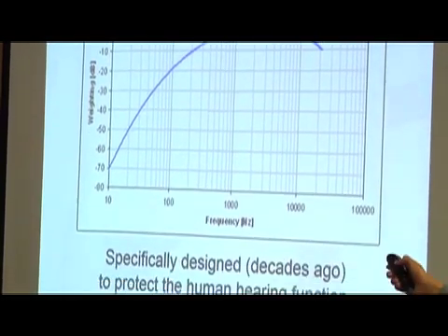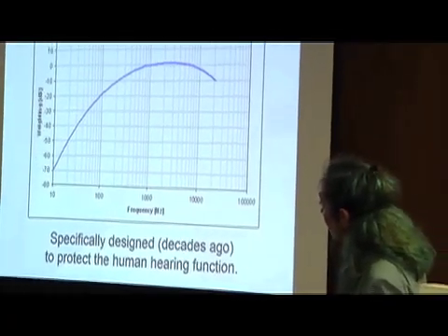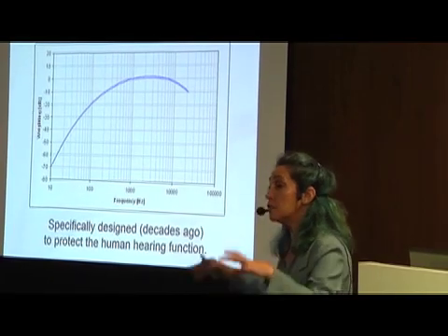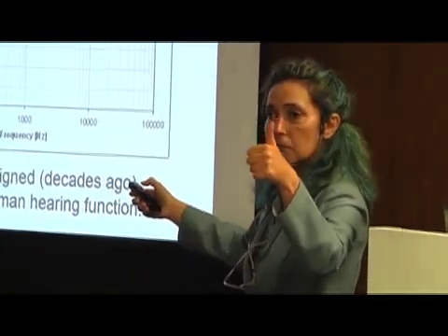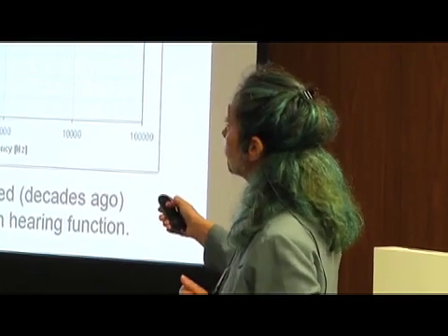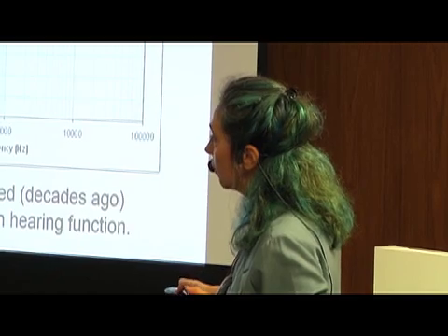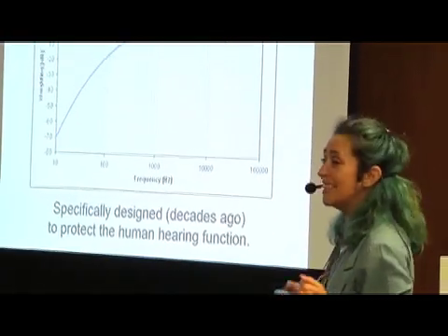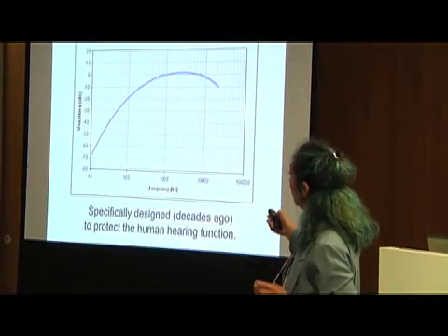This means when you measure with the dBA at these frequencies, the difference between what you measure and what is really in the environment is 0. Great. We want to protect the hearing. It's a great thing. The dBA to protect the hearing is great. But when we go down to 10 hertz, the difference between what we measure and what is there is 70. It's a huge error. The dBA is